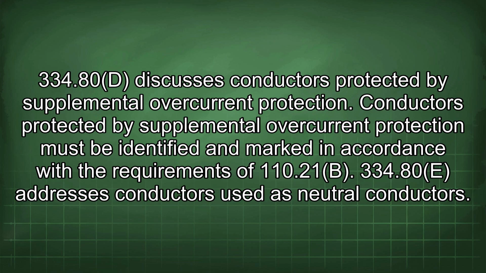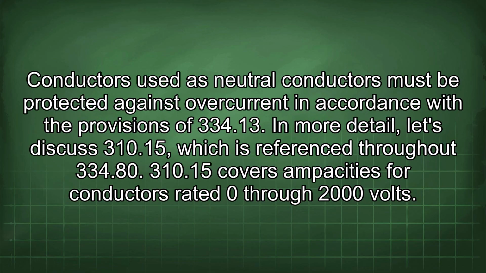Conductors protected by supplemental overcurrent protection must be identified and marked in accordance with the requirements of 110.21(B). 334.80(E) addresses conductors used as neutral conductors. Conductors used as neutral conductors must be protected against overcurrent in accordance with the provisions of 334.13. In more detail, let's discuss 310.15, which is referenced throughout